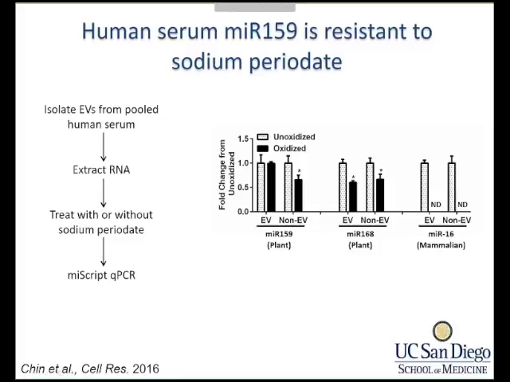So we treated the isolated RNA with sodium periodate to oxidize the 3' end of this RNA. If the microRNA is from plants, it should contain the 2'O methylation at the 3' end, making them resistant to